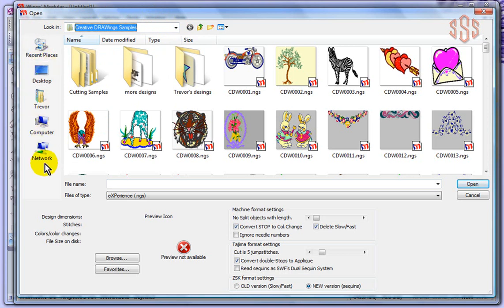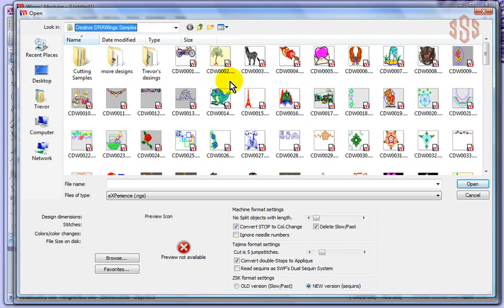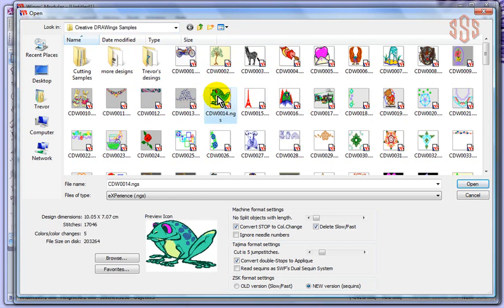You can also go to sort of recent places that you may have used. So mine by default are just my desktop and whatnot. Now it shows me in here designs that are in this folder, this drawing samples, and this is also my view menu. I could choose here the size. So right now they're large icons. If I went to medium icons, it's going to show me more designs, but a little bit smaller picture of them. And so whatever design, why don't I go ahead and click on this frog design,